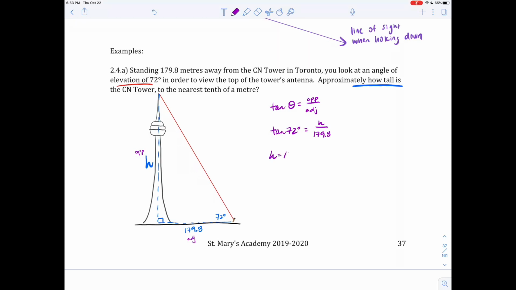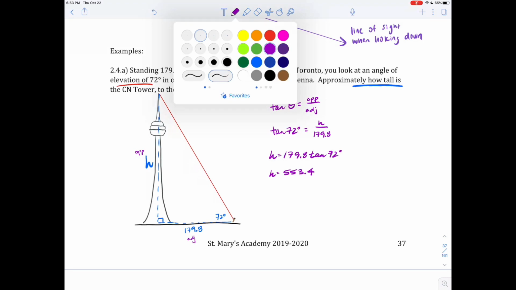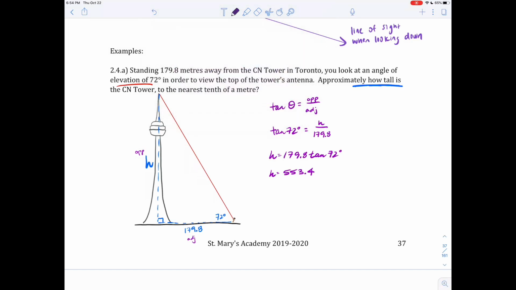And we can solve for H accordingly. According to my mental calculations, that's about 553.4. But you can use a calculator, so don't forget. Very necessary in these contextual problems is that we give a contextual answer. So I should say something like